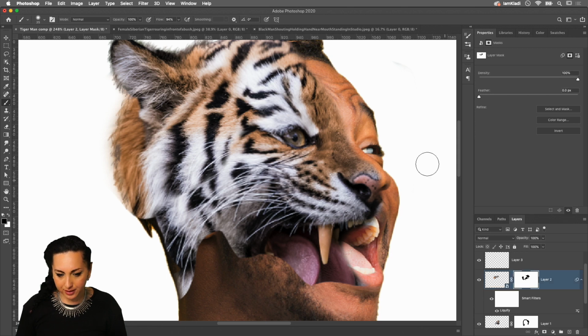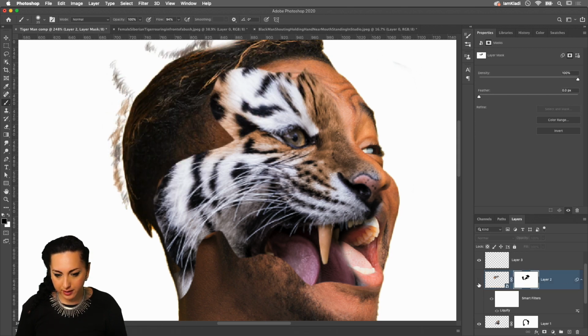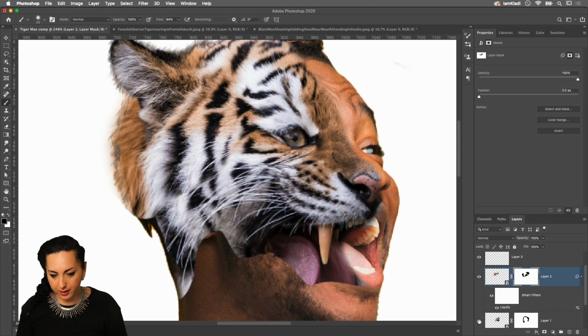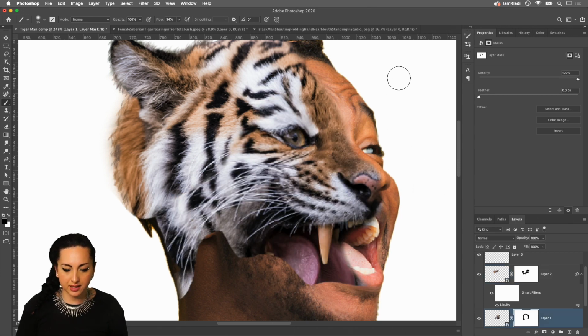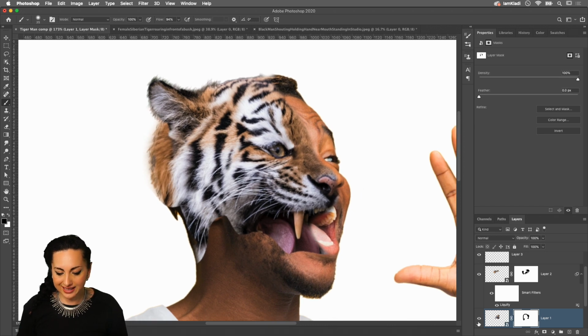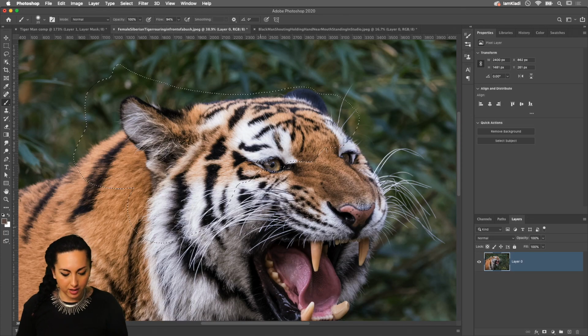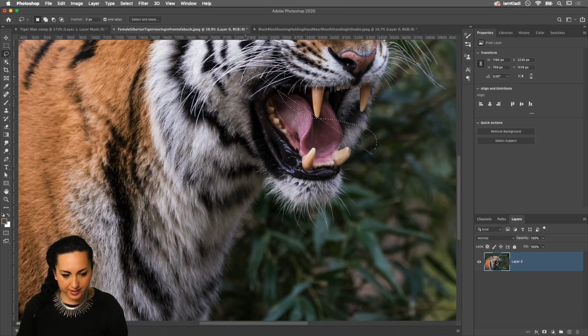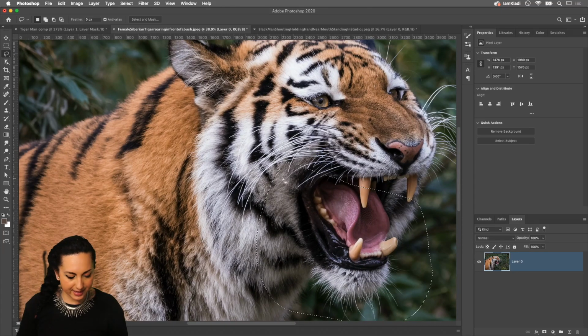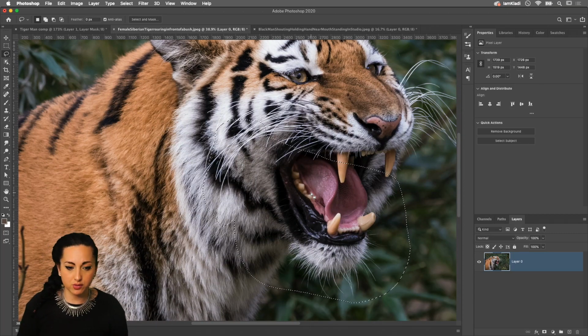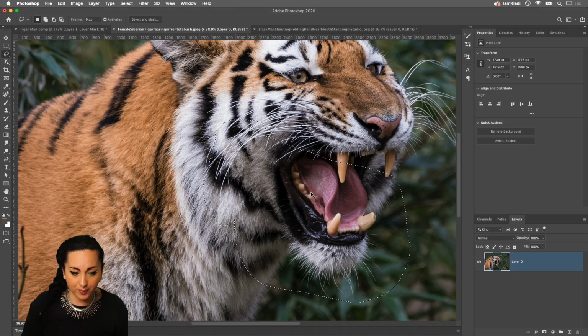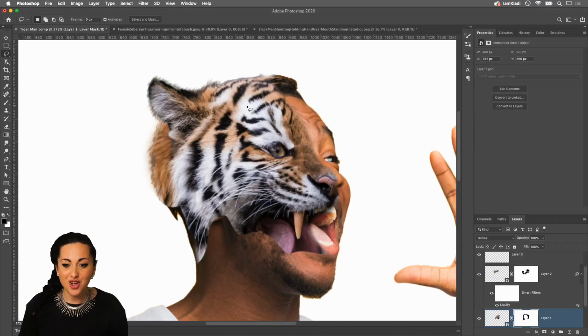Okay, I don't know where that bit of color is coming from. I'm gonna have to have a look, but here it is. It's from this layer. It's nice to keep the layer with the little eye active and inactive to see which bits you are working with. And again, let's see if we can use L to bring up the lasso tool and bring in this side of the mouth. And perhaps, again, as I say, make sure to be generous with your selection, because it's better to have more pixels to work with. Then again go ahead and liquify. Command C to copy those pixels from our tiger file. Go back into our